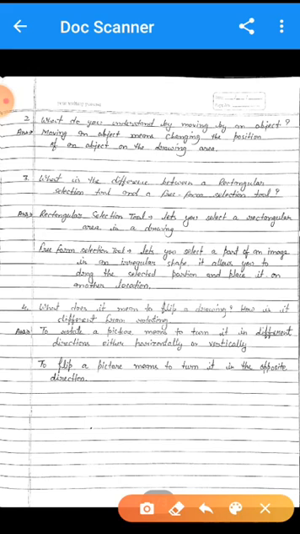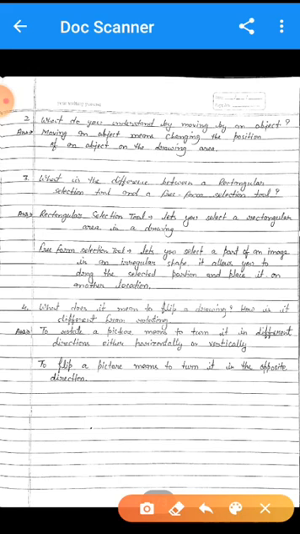The answer of this question is: moving an object means changing the position of an object on the drawing area. डियर स्टूडेंट्स, जब भी हम अपने ऑब्जेक्ट्स को एक जगह से दूसरे जगह शिफ्ट करते हैं तो वो क्या कहलाता है? मूविंग. मूविंग एन ऑब्जेक्ट मीन्स चेंजिंग द पोजीशन ऑफ एन ऑब्जेक्ट ऑन द ड्राइंग एरिया.